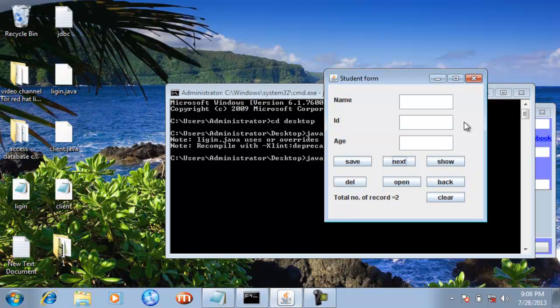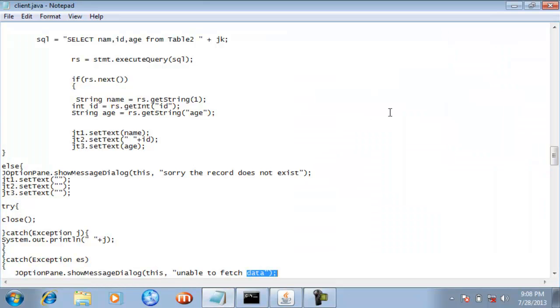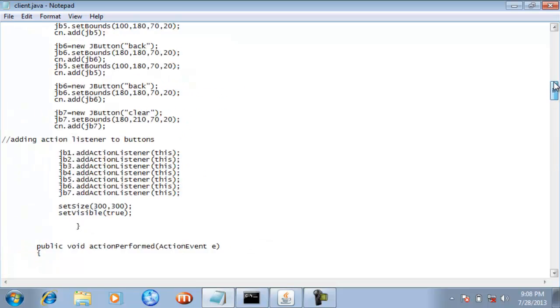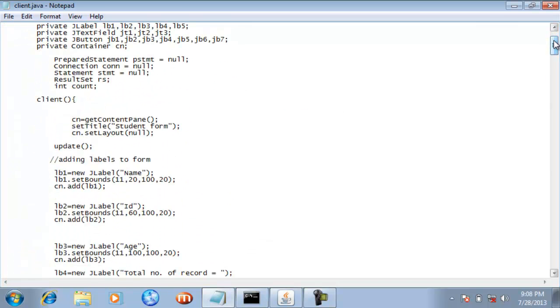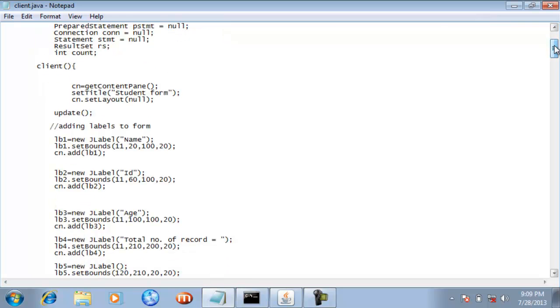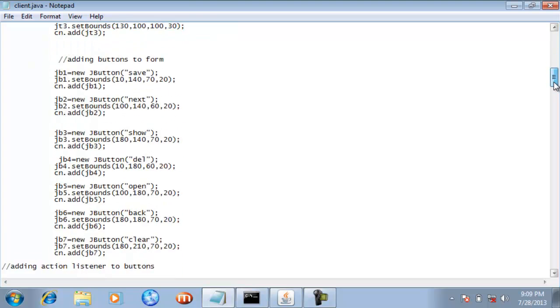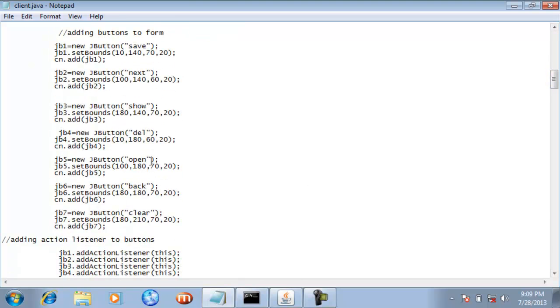So guys, how do these events take place? See here. First we will open our client.java program, and in order to do such things, first I have clicked the open button. See here, when we enter inside our constructor, here is our open, and JB5 is related with this open.